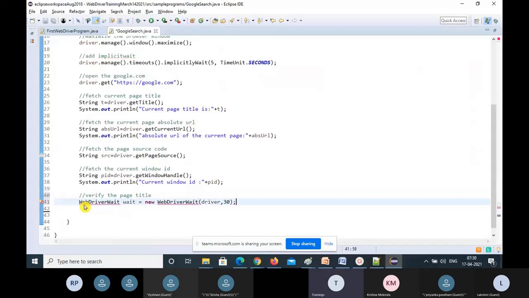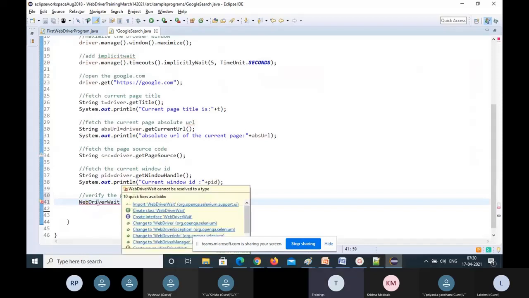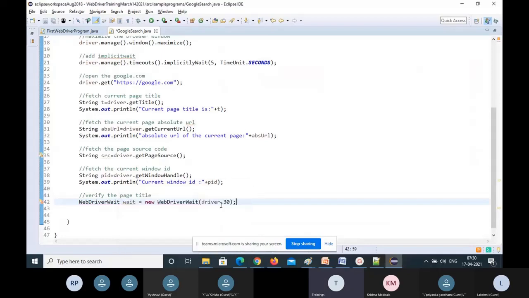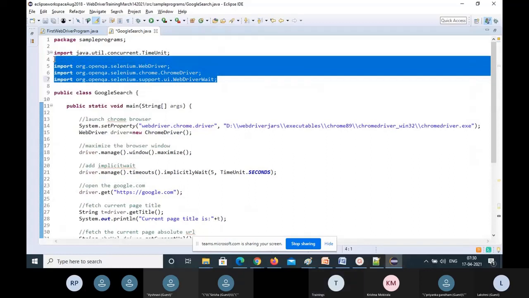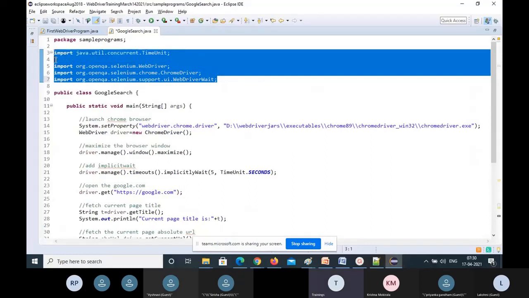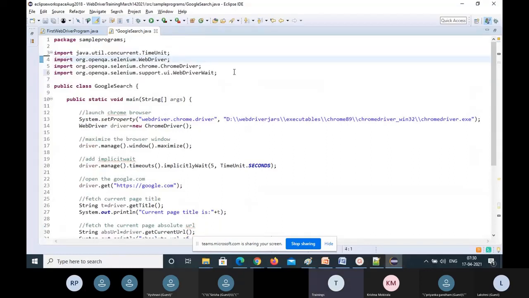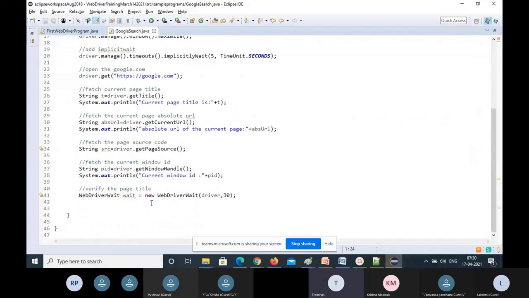WebDriverWait is in another package, org.openqa.selenium.support.ui. Just import. Import statements are very important because you are using other package classes and interfaces in our own package. That's why import plays a major role.